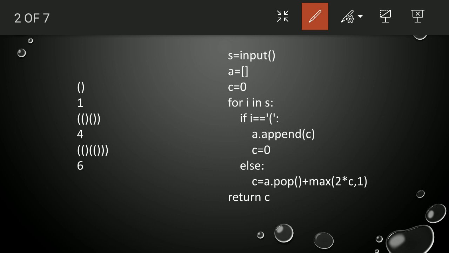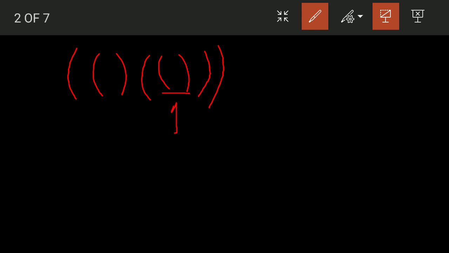If you want me to explain once again, I will explain it once again, because it's a little bit tricky. So see here, what's the output? This, this, this, and this one. This is the score of parentheses we need to give. So we will start with the innermost. Consider this one. This is 1, because inside that there are no brackets. Inside this one there is one bracket, so we multiply with 2. So this whole is considered as 2.